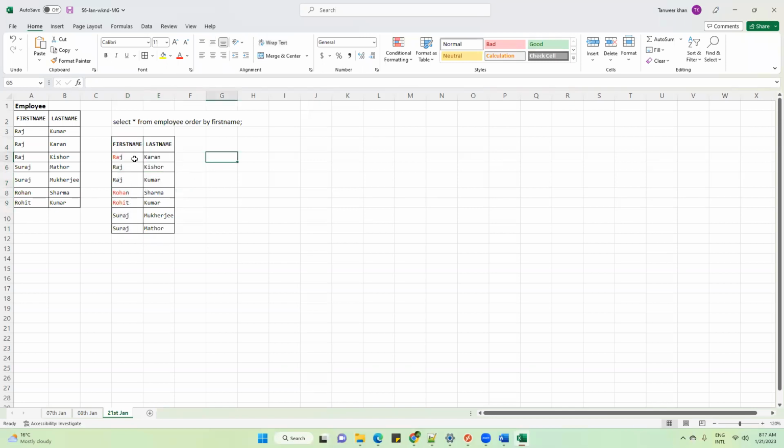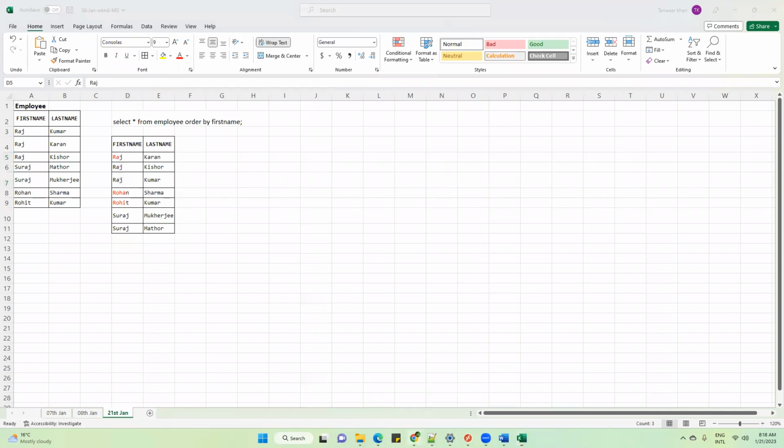If you ask why Raj Karan is before Raj Kumar Tanveer, although they both have the same first name Raj, there is no reason for that. The reason is about the row ID and all those things. I don't want to discuss it right now. For the time being, just understand that there is no such reason. So randomly the engine will display anyone before. Is this clear? We have discussed all these things in the previous class. Any questions?